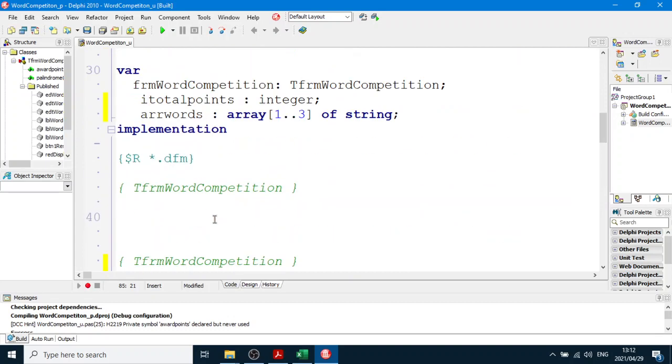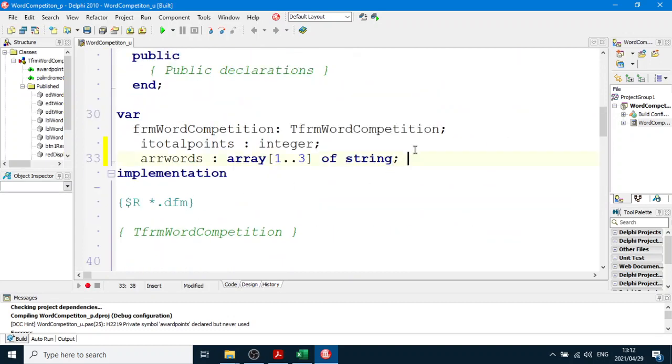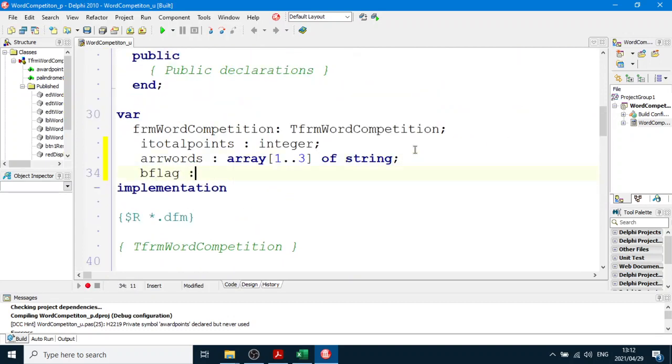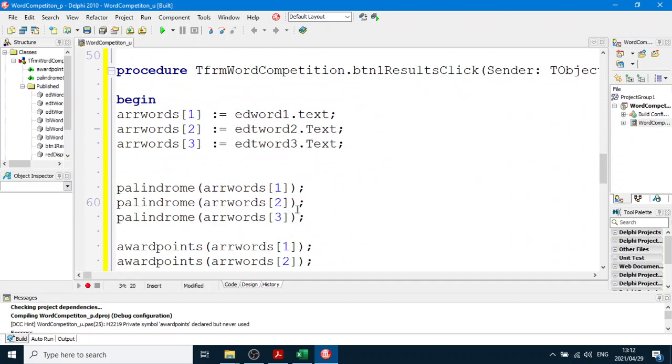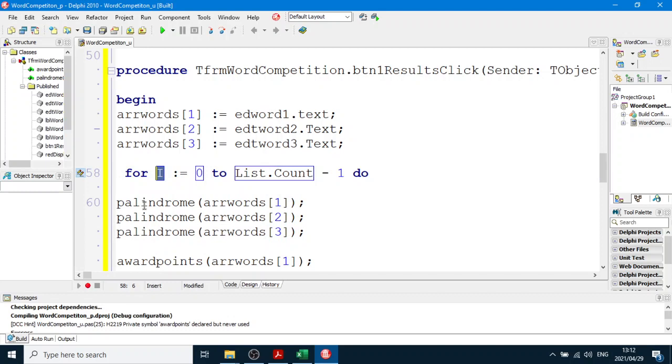But the B flag is a global variable, and then when they call palindrome, okay, when you actually call the palindrome procedure, okay, for K equals 1 to 3, going through each box of the array,